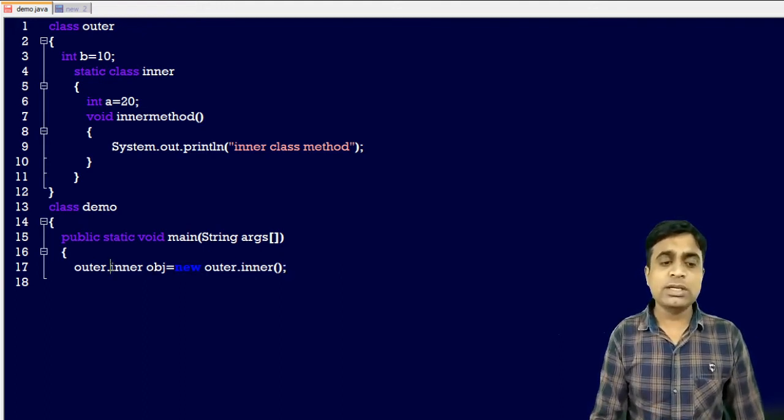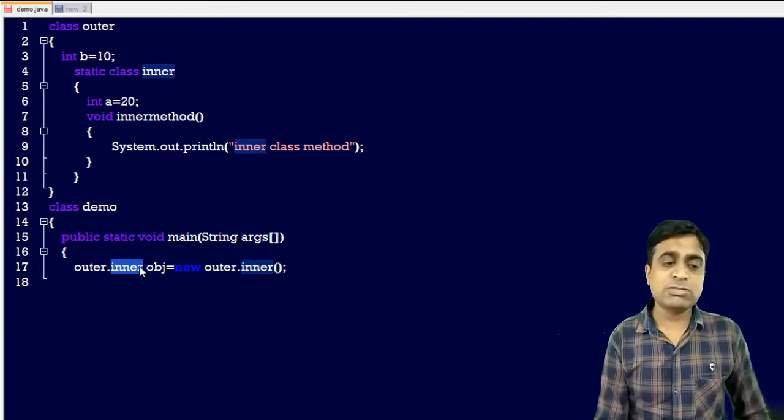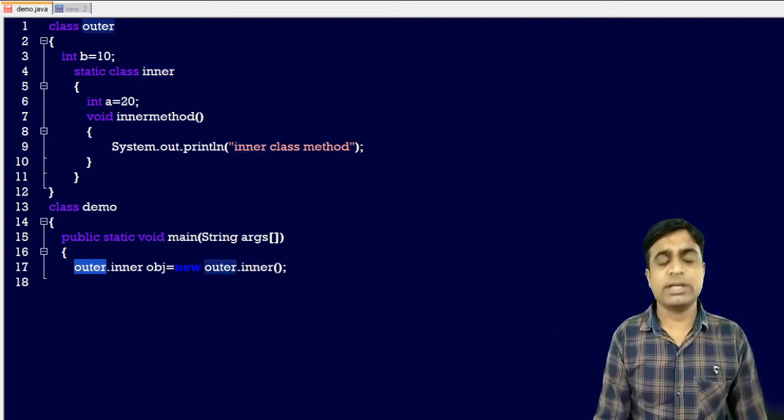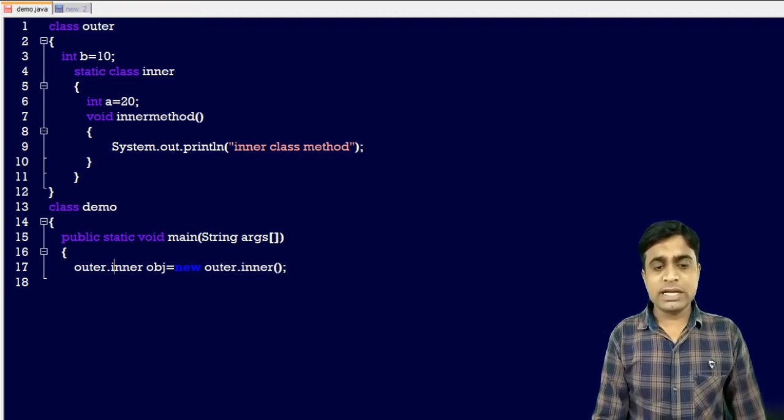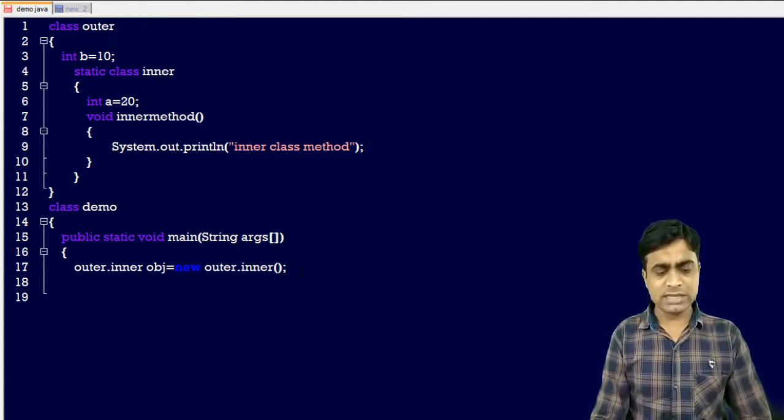Here make sure the inner class is a static class. That's why we can access it using Outer.Inner and create the object like this. If it is a non-static class, I will show you that next. Now let's call the method, obj.innerMethod().